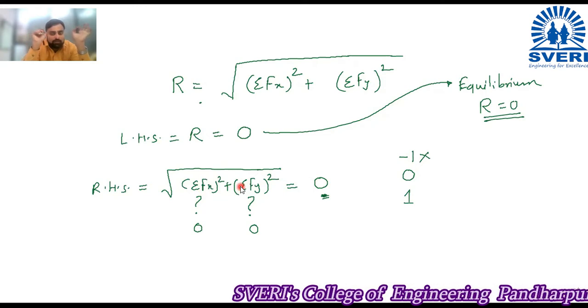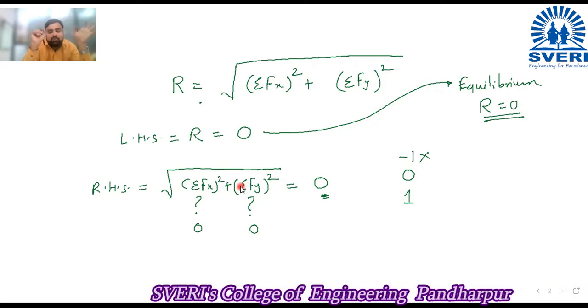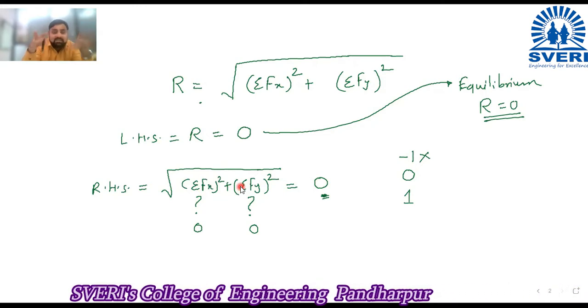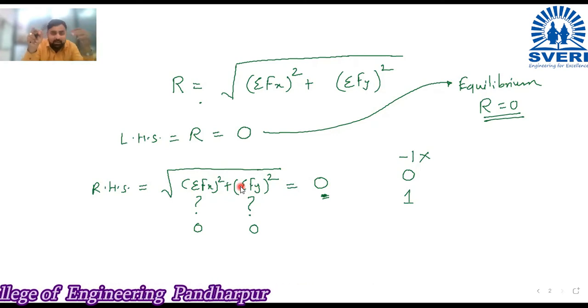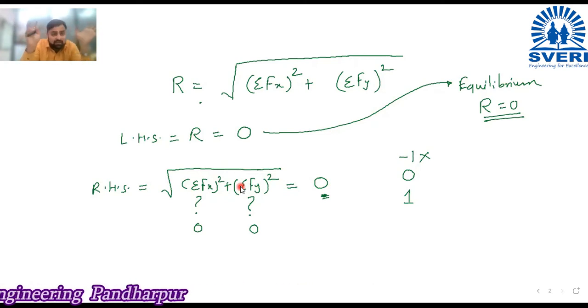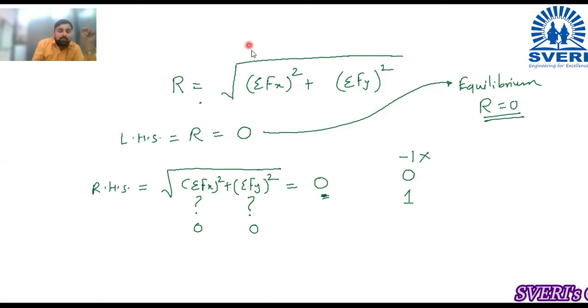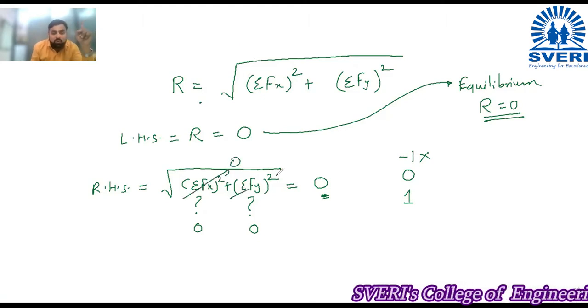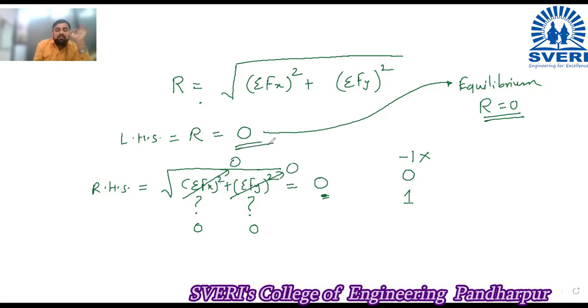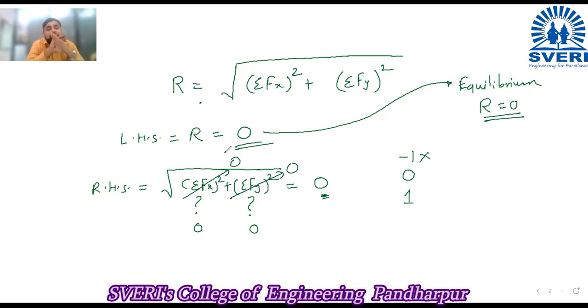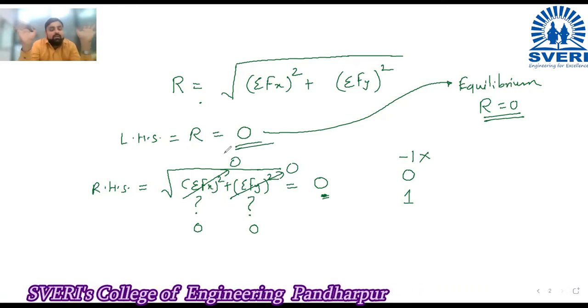Are you getting my point? You can keep two different values also. तुम्हाला किती इटरेशन्स घ्यायचे ते असे घ्या की कुठल्या व्हॅल्यूला नेमकं 0 येते. कुठलेही घ्या, एक पॉझिटिव्ह घ्या, एक निगेटिव्ह घ्या, कसंही करून बघा, तुम्हाला हे इक्वेशन 0 मिळणारच नाही. तुम्हाला फक्त एका कंडिशनला हे इक्वेशन 0 मिळेल, when your summation fx is also 0 and summation fy is also 0, then and then only your resultant is 0. Otherwise your resultant will not be 0.